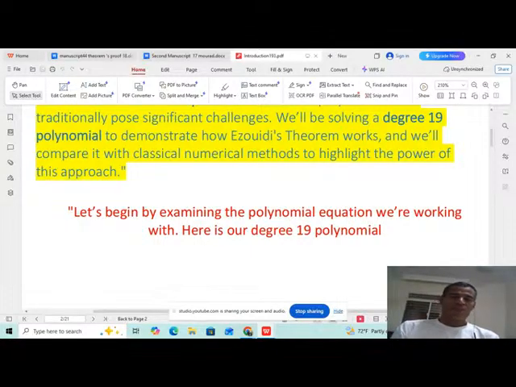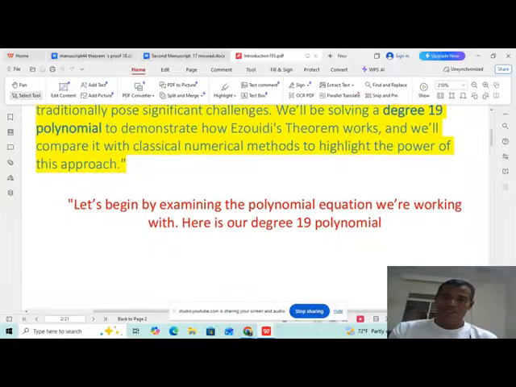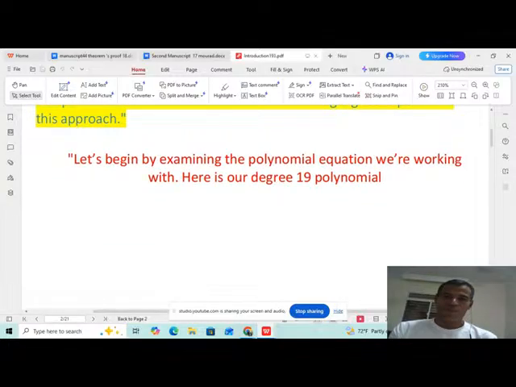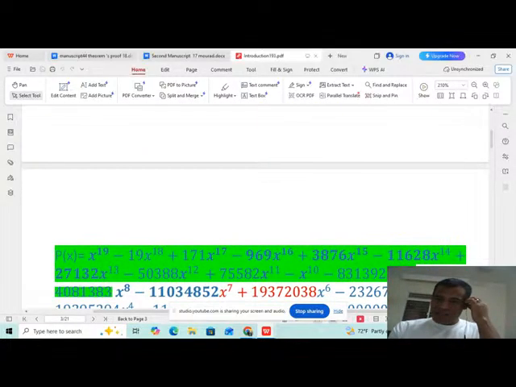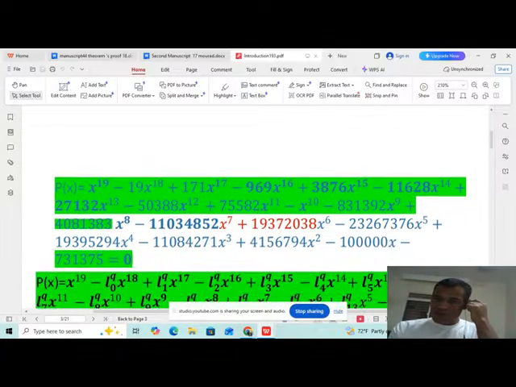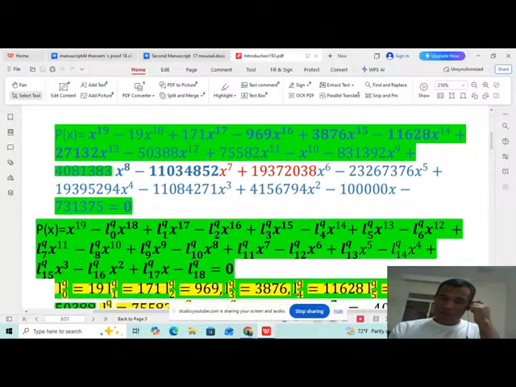Okay, here let's begin by examining the polynomial equation we are working with. Here is our degree 19 polynomial equation in front of your eyes. You can make some notes. You can write the polynomial, its coefficients, and so on. So the polynomial p of x is equal to x raised to the power 19 minus 19x to